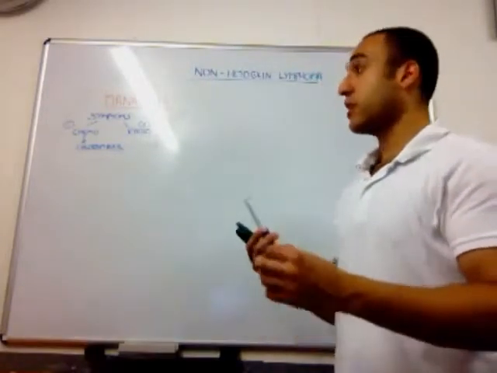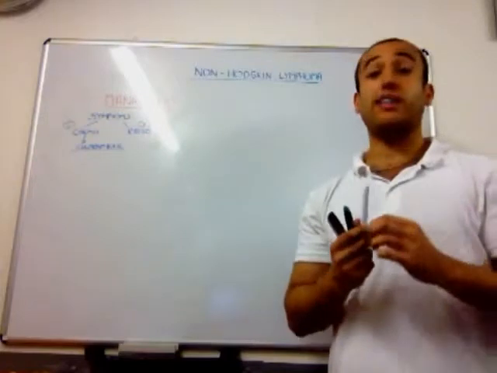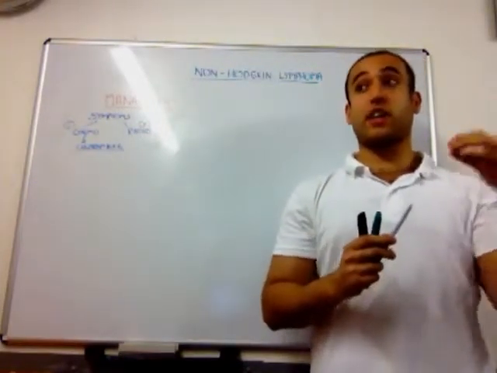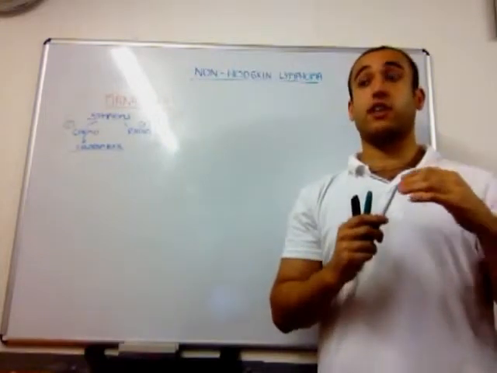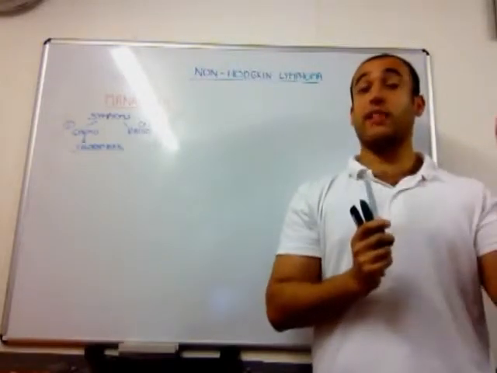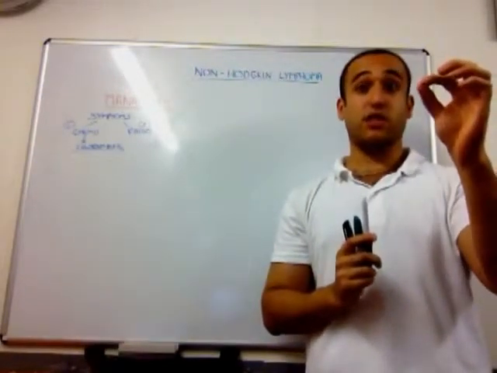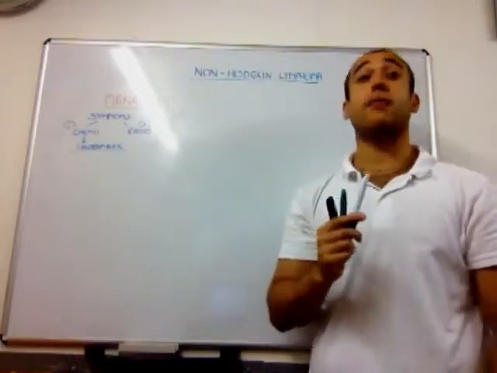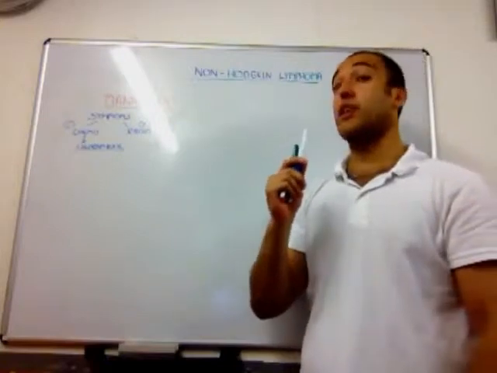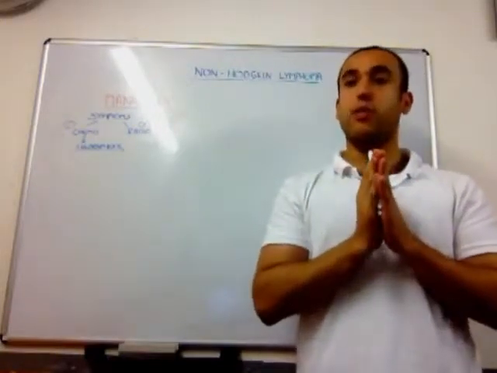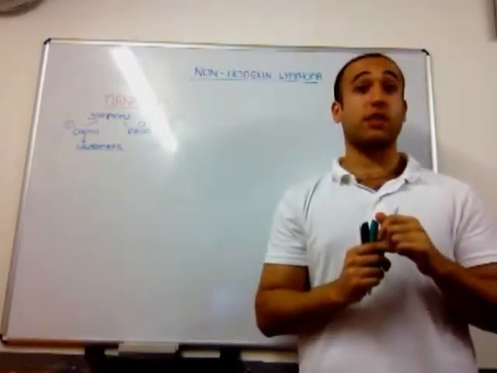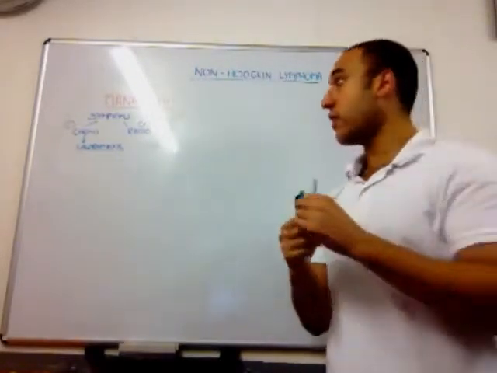A third kind of treatment, an interesting one, is called monoclonal antibody therapy. Basically what we do is we give antibodies that target surface antigens of the tumour cells. So the tumour cells have surface antigens, and the antibodies are going to target these antigens and induce apoptosis of the cell. Okay, so this is monoclonal antibody therapy. Specifically we can talk about a drug called rituximab, which is an anti-CD20 antibody, and it's supposed to have a very successful